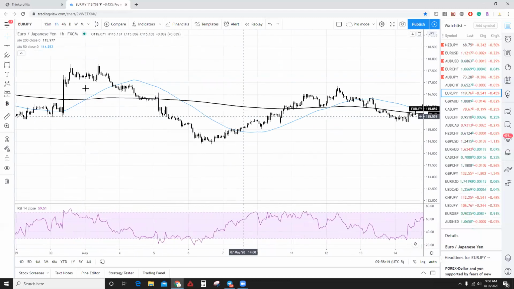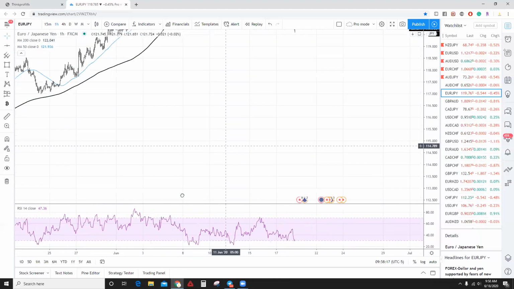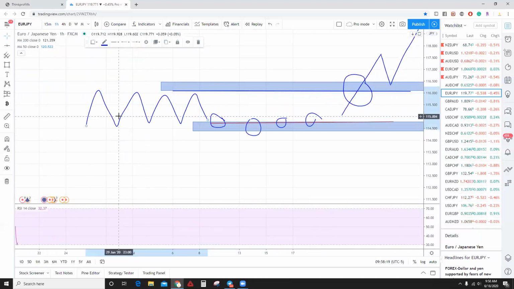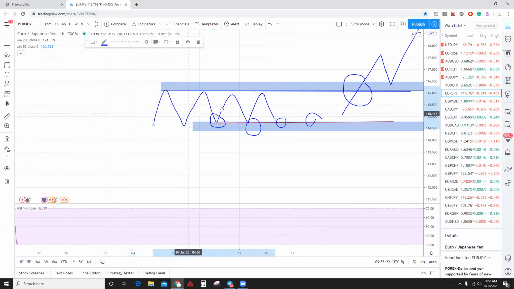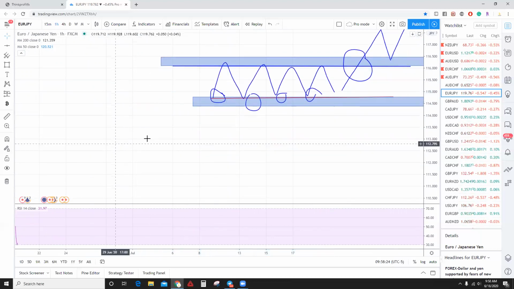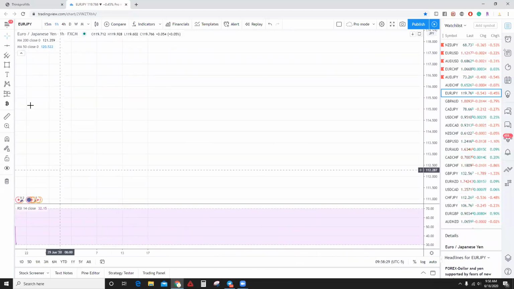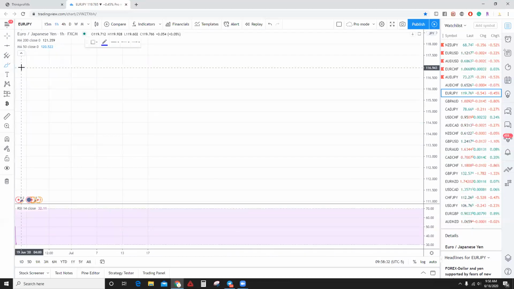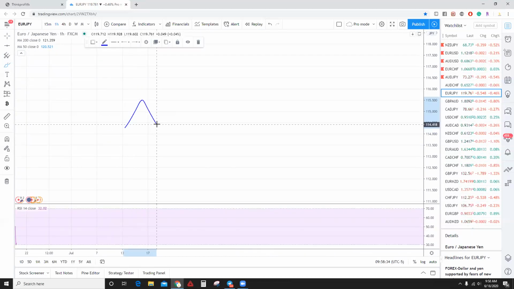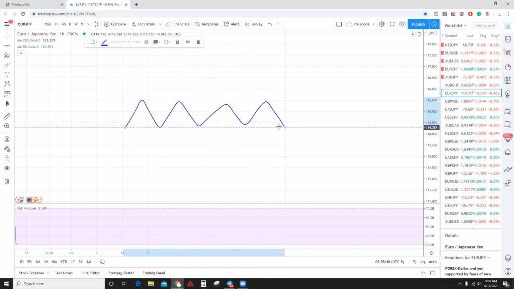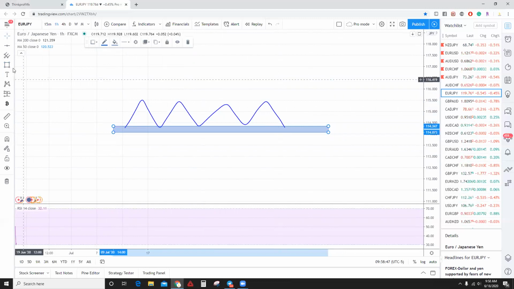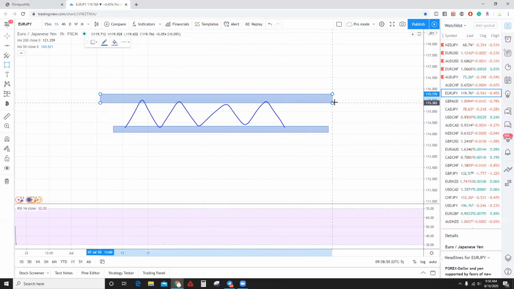So, let's go back to the recent, where my drawing. Okay. All right. So let's just get rid of all the drawings. So let's draw some more. All right. So now let's go draw our retest, our break in support and resistance. All right. So there you go. This is our resistance. I mean support, and this is our resistance, right?